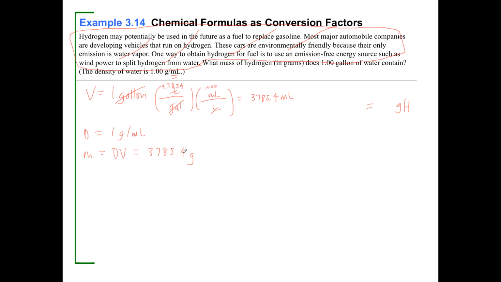If that's the mass of water that I have, then this is H2O. The question is, what mass of hydrogen do I have in this? I'm going to go back and do a problem like I did previously. We're going to find the percent first. So the percent of hydrogen in water is going to be just like the problem we did in the previous slide, except hopefully I won't make that mistake. It's going to equal the part over the whole times 100%. And the part is 2 times hydrogen, right? Over the formula weight of water, which is 2 times hydrogen plus 1 times oxygen, because it's H2O, times 100%, right? And hydrogen's 1.008, and this is 16.00, and so the percent of hydrogen in water